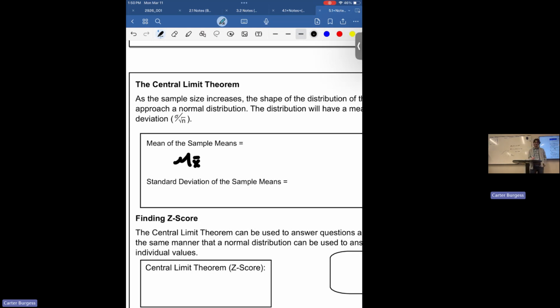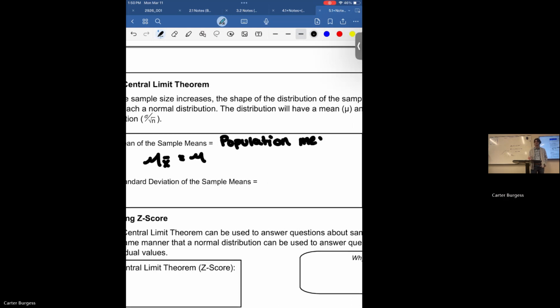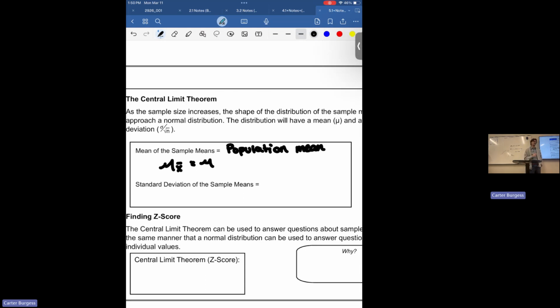This is the same as just our normal population mean. All right, so we don't have to make any kind of adjustment on our expected value. Expected value stays the same. Standard deviation does not stay the same, though. So our standard deviation for our sample mean, which I'm denoting as sigma sub x bar, is equal to what is called the standard error,